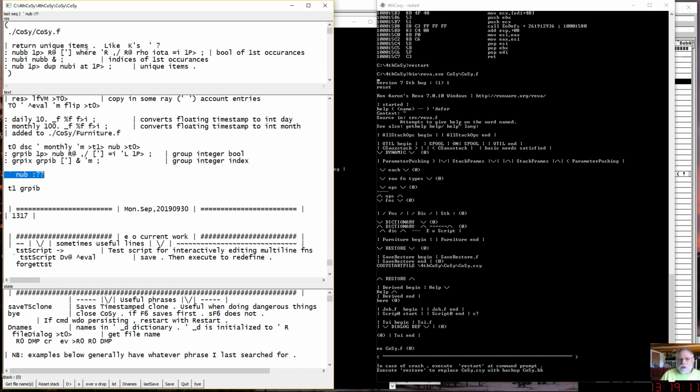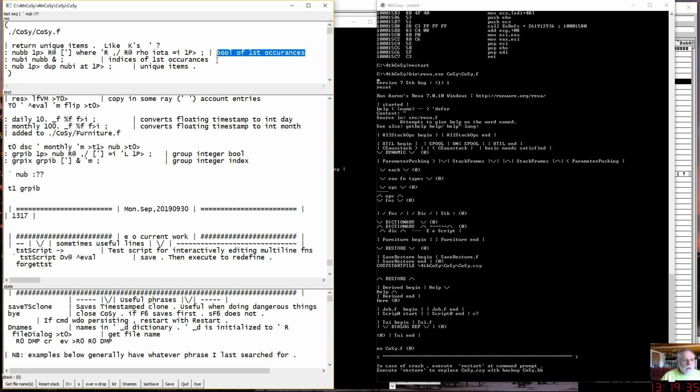And plus slash, summing across all the truths, is frequently very useful. But I wanted to show, so first you have a Boolean of first occurrences of each item that's in a list,